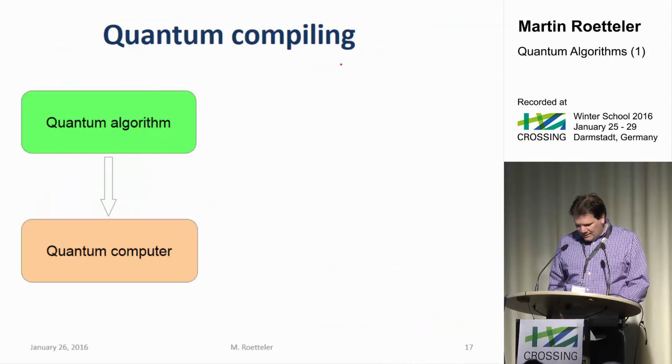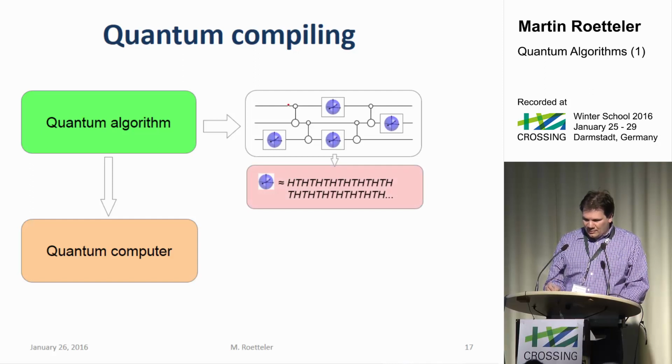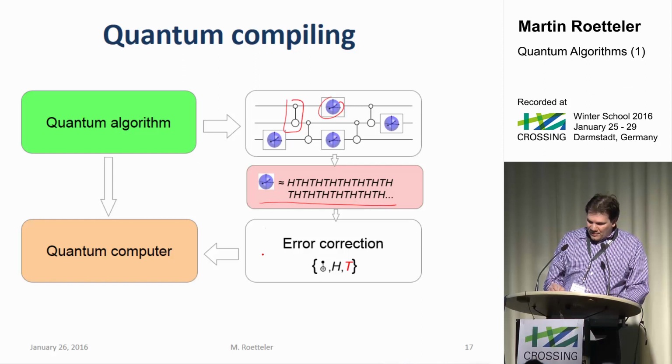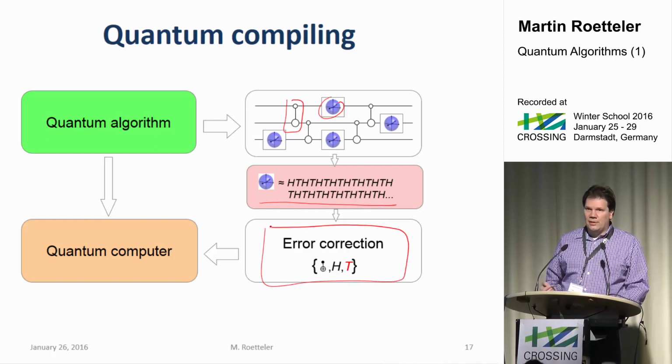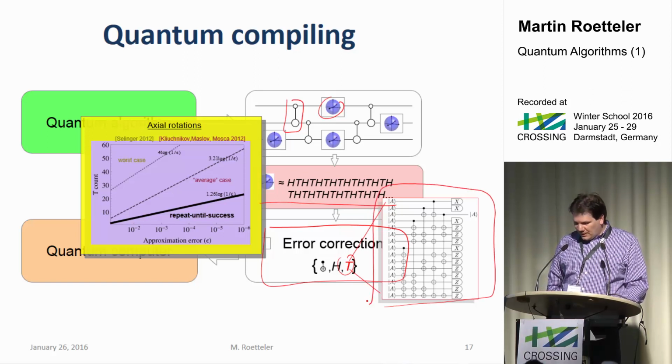Okay, let's switch gears. We'll talk about the Fourier transform. So maybe briefly, the compiling problem is you want to take a high-level algorithm and compile it down to a gate sequence. How do you do it? Well, you first go through a representation where you have CNOTs and local gates, and then you represent each local gate by a discrete approximation. And then you implement those in turn fault tolerantly on an error correcting code. That gives you a whole other layer, because each T-gate, for instance, will have to be distilled by a factory. So there's a multi-step process to implement anything on a quantum computer.